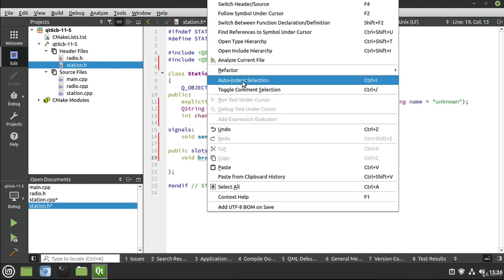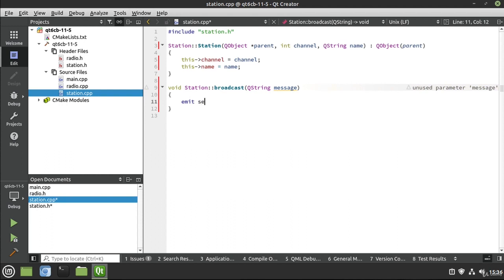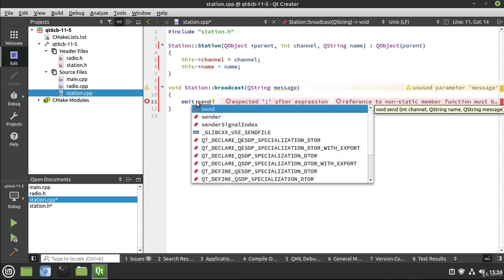We need to go ahead and implement broadcast here. So I'm going to go to refactor. Let's go into our station. And then this is just ridiculously simple. We just tell Qt we want to emit our signal. So I'm going to emit send, and it wants our channel, our name, and our message. So from here, I can just simply say